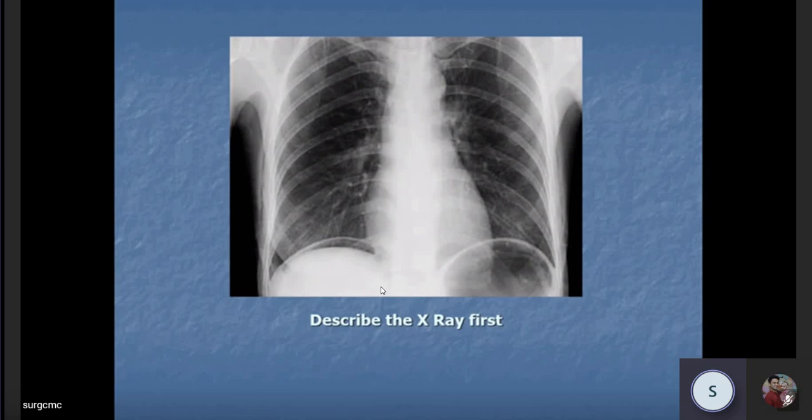I can see the ribs, the heart, the diaphragm, the clavicle, and I cannot see any appreciable pathology in the lung fields or in the cardiac shadow. But just below the diaphragm on the right, I can see there is some radiolucency above the shadow for the liver. So there is a chink of air or free gas. So I think this is a case of hollow viscera perforation.